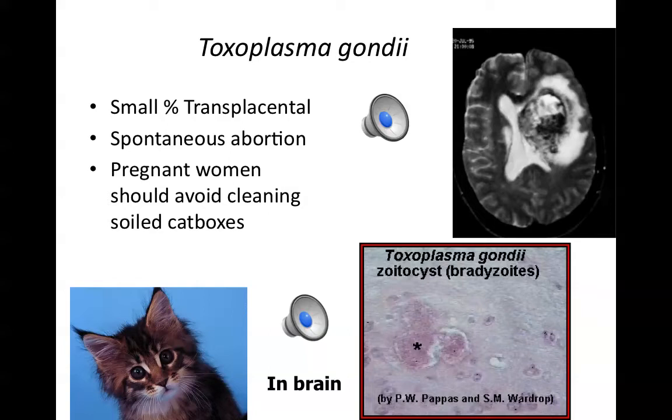The same thing is true in heart tissue, if it continues to grow and displace normal heart tissue, as illustrated in the photo in the bottom right-hand corner. And that's why oftentimes during pregnancy, expecting moms or potential new moms are encouraged to either not change and clean the litter box, or if they have to, if there's no other recourse other than have them come close to a potential source of toxoplasma, which